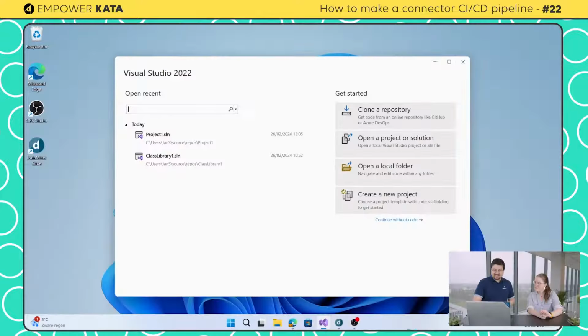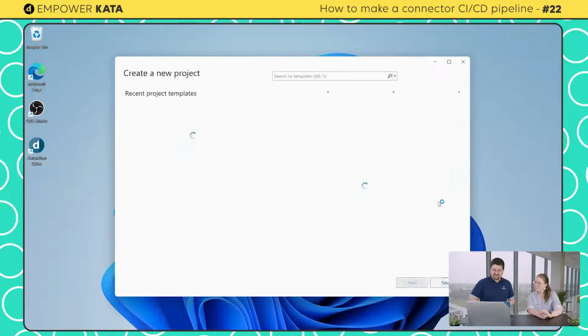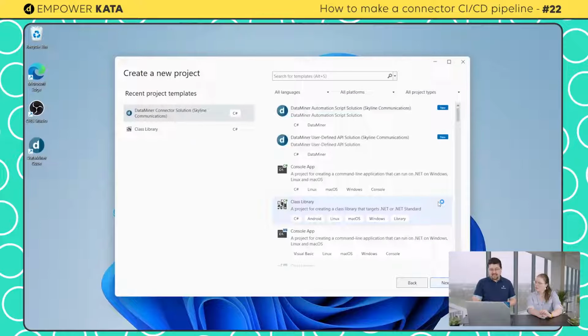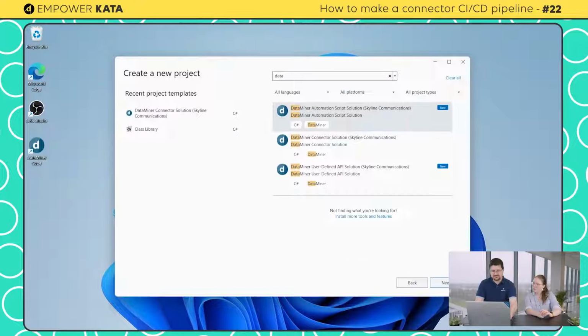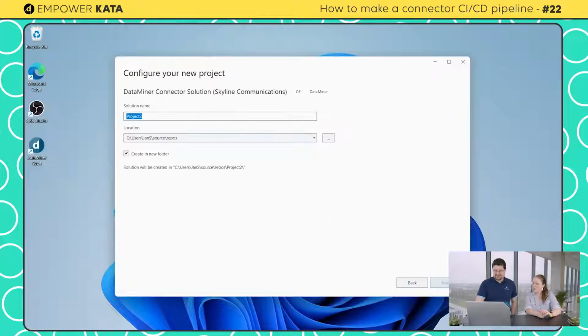Okay. Visual Studio Templates allow you to very easily create a new project, which we can do here. And then we can select the DataMiner connector solution. If you search for DataMiner, you'll find that you have an automation script solution, a connector, or a user-defined API. But we're going for the connector in this case. So we'll just click next